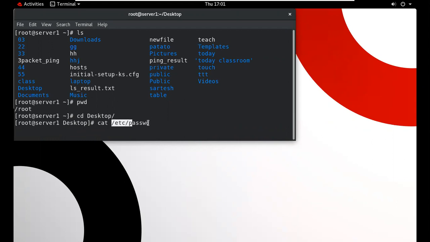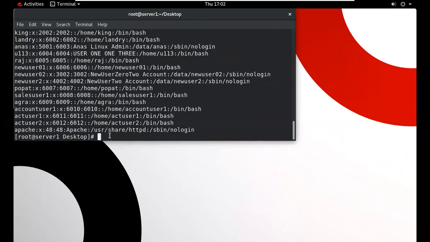So type this particular path. If we want to access this file from this location, we type the full path of the file, not only passwd. If we use only that name, it can't open like this. So type the full path, then it will open. But I want to open this by only using this particular name.